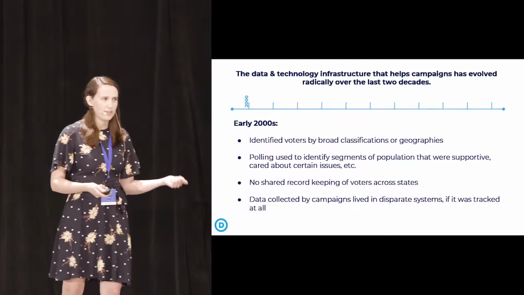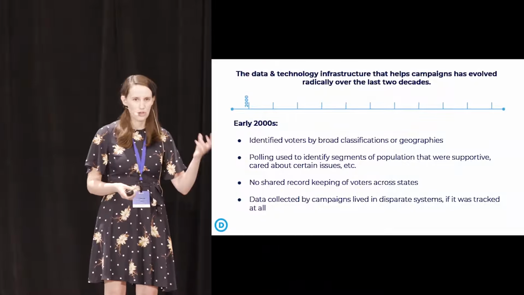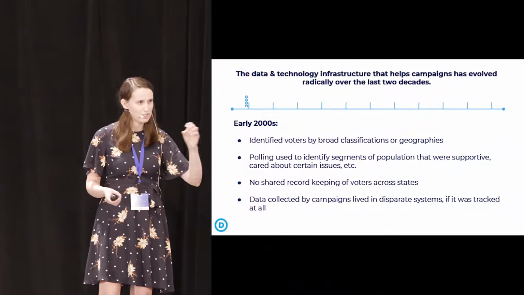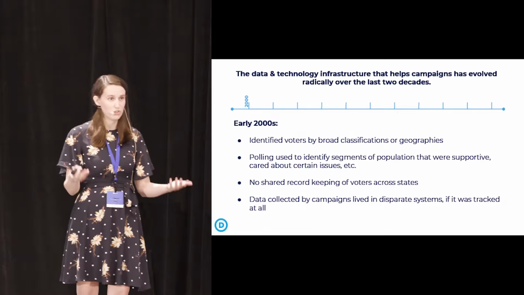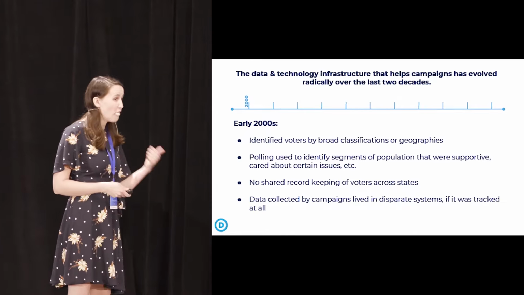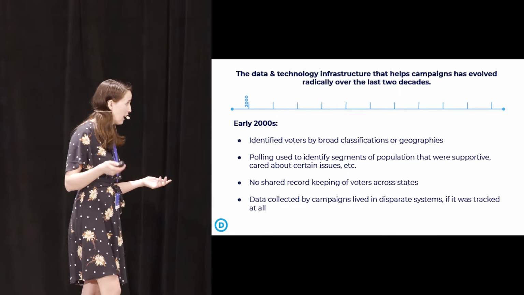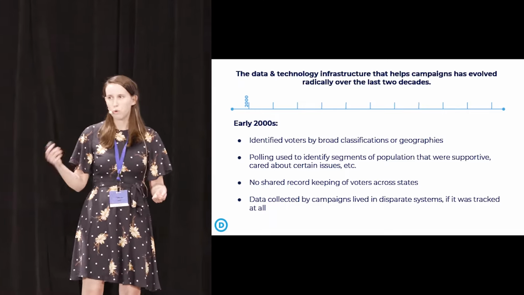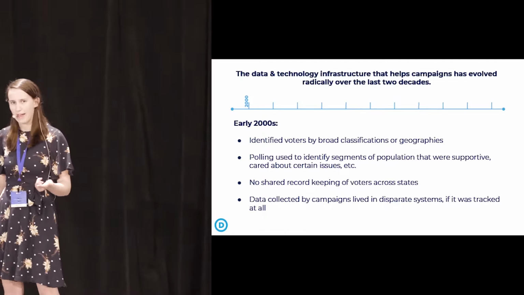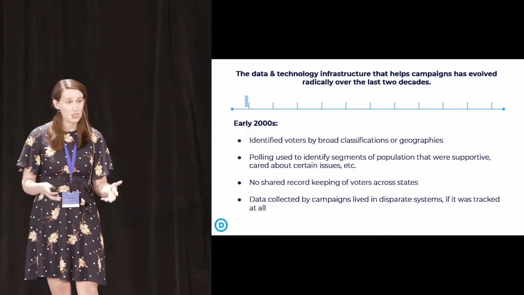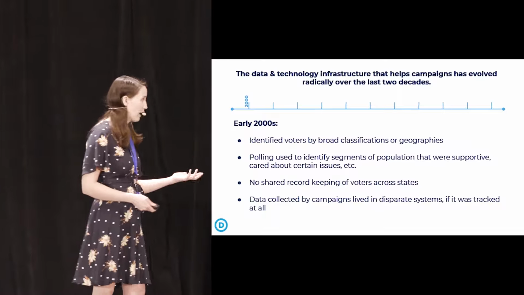The kind of data that was available to campaigns included things like historical election results. You can know down to a political precinct, which is the smallest level of geography on which political election results are officially reported, how did people vote in past elections? And what issues do they care about in the context of political polling? They would ask people broadly, who are you going to support? What issues matter to you? And would classify the population into broad categories of groups of people who cared about certain things or would act